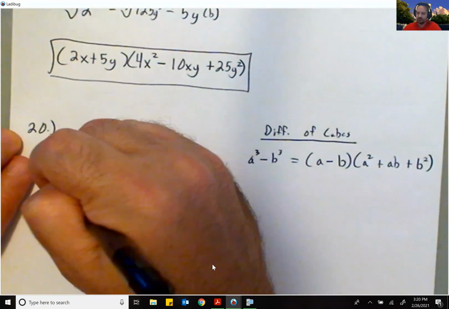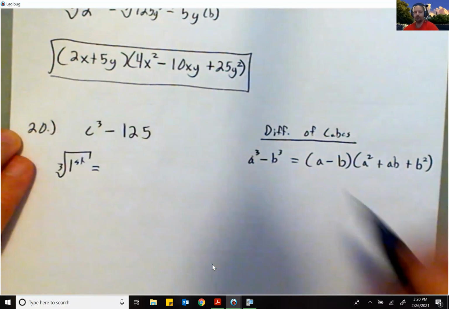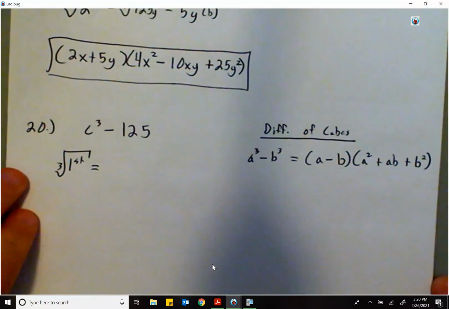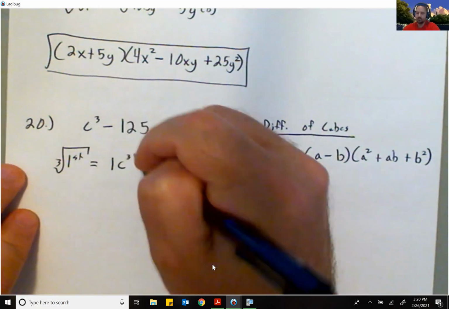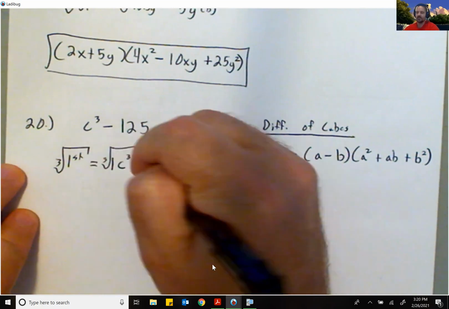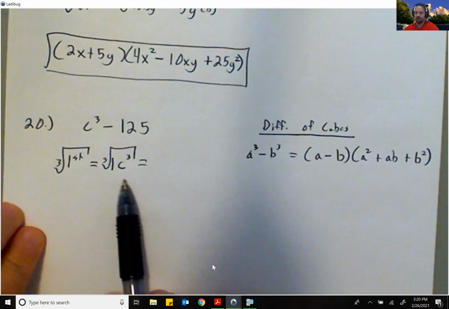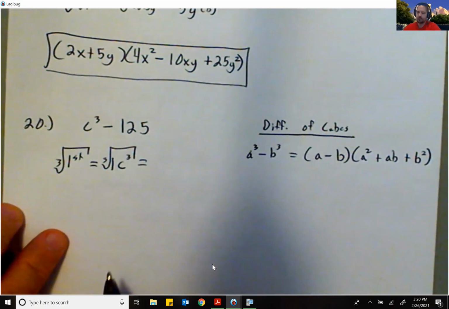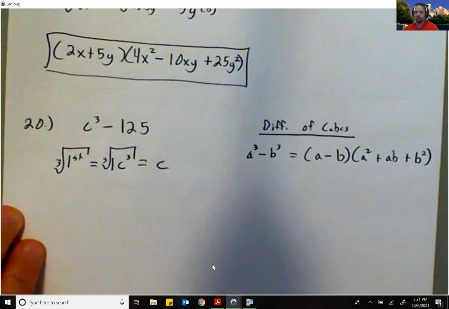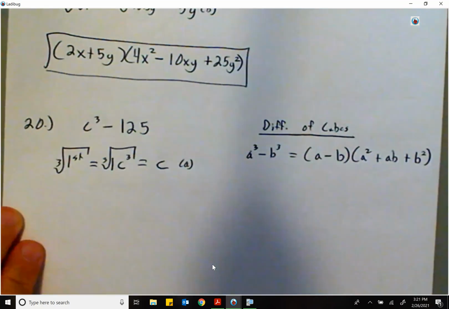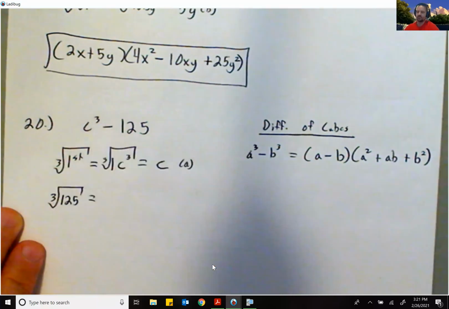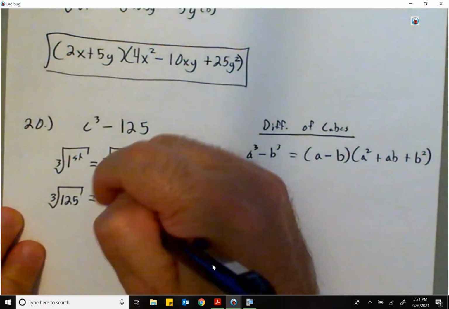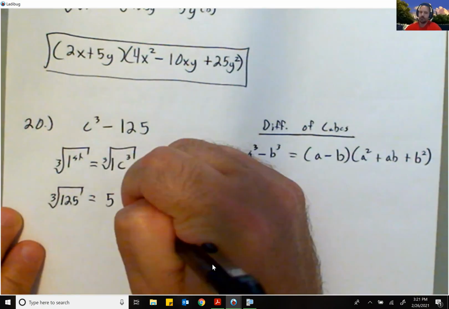So we're going to take the cube root of the first term. Who's the first term? It's 1c cubed. So what is the cube root of 1c cubed? 1c, or we just call it c. So that's our A. Who's the second term? 125. We're going to take the cube root of 125, which we already know the answer to because of 19, which is 5. That's our B. All we need to do now,